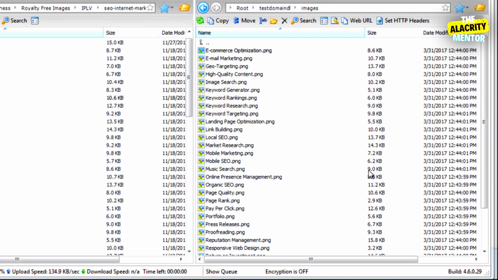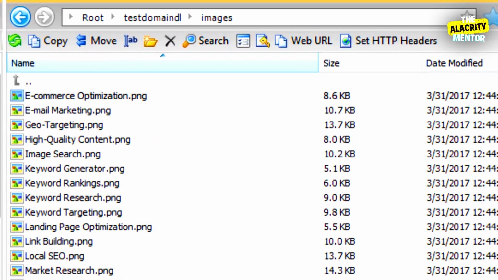Okay, so in the previous video, we showed you how to transfer files to your Amazon S3 account. Now I want to show you how to get the URL so that you can go into your WordPress site or your HTML site and you can link the images, or you can link to your zip files or your video files or whatever files that you might have just uploaded. To do so, it's super easy to do.